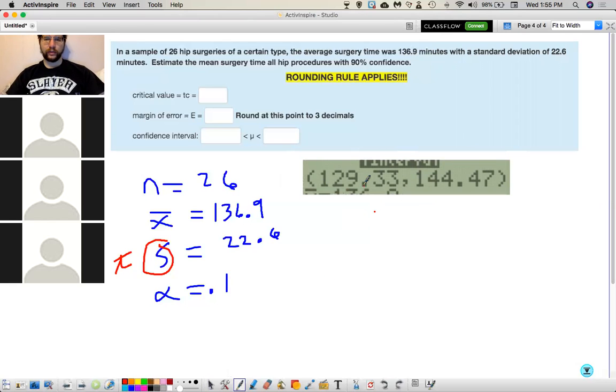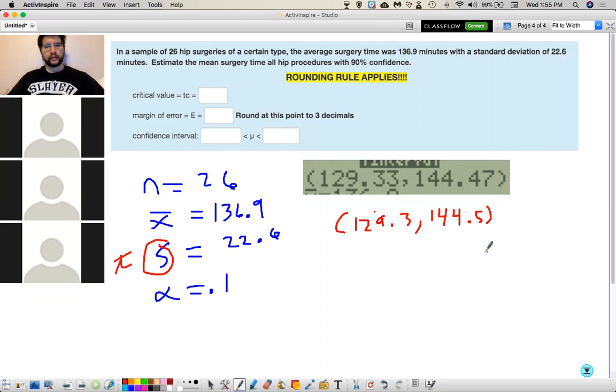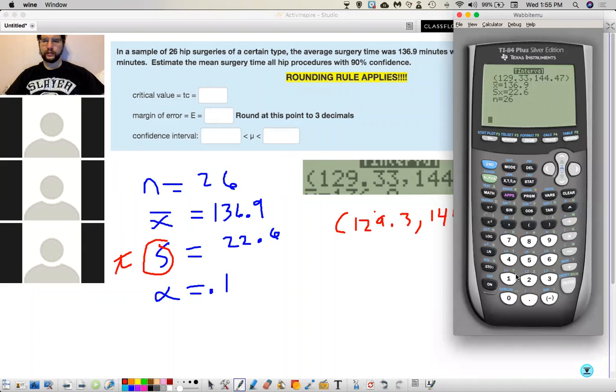So 129.3 to 144.5. But wait, that's just this part, isn't it? So TI users, you're gonna have to do a little bit more work than just typing it in. If you take your upper bound and subtract your X bar from it though, don't round, 144.47